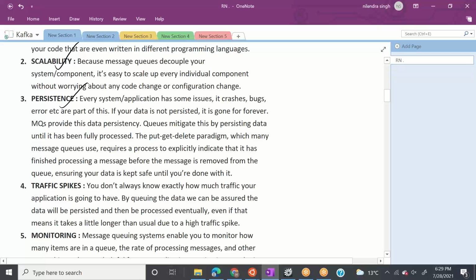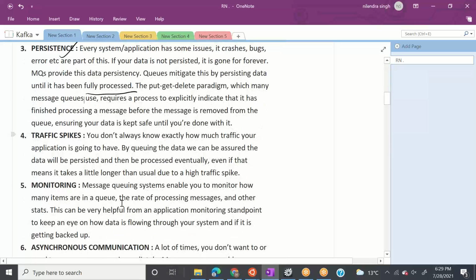If your data is not persisted, it is gone forever. MQ provides this data persistency. Queues mitigate this by persisting data until it has been fully processed, right? And then traffic spikes. I have explained that if it goes from 10 million to 100 million, we can add more machines and make our architecture more scalable, right?